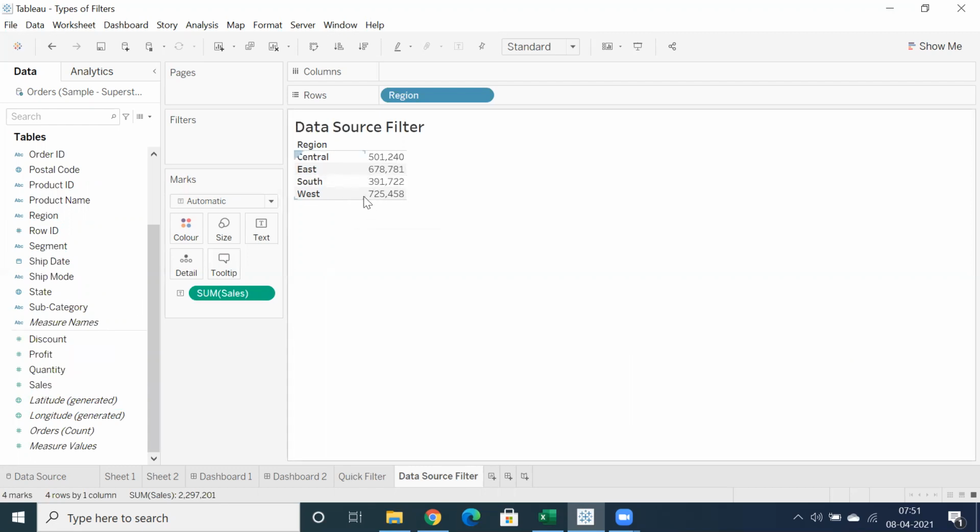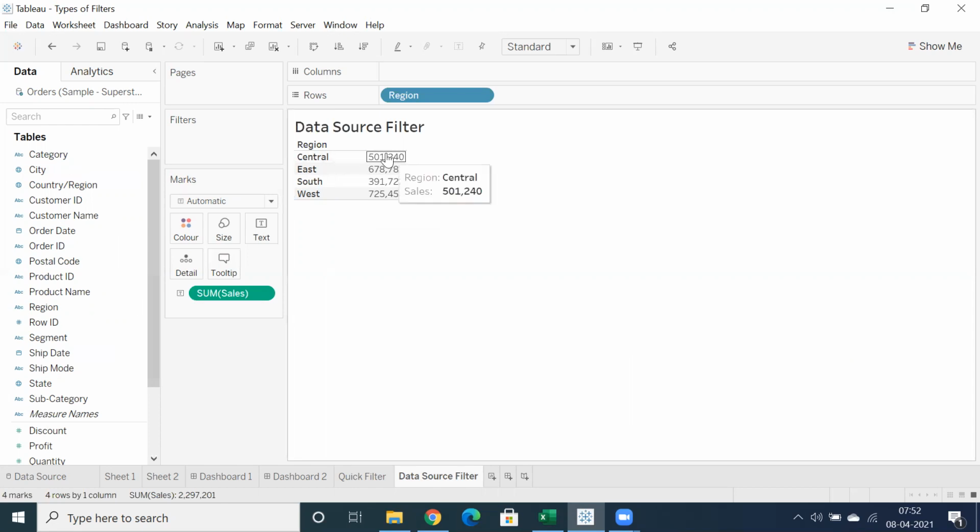In this case, I don't have multiple countries. That's the reason I'm going for region. Our job is to create reports on top of United States information, US data. We don't have any other countries, we have only US data.